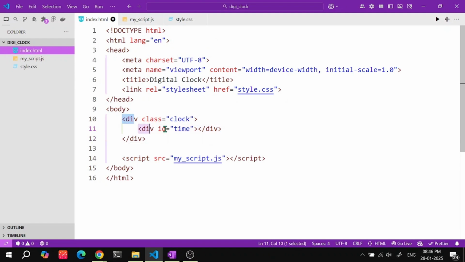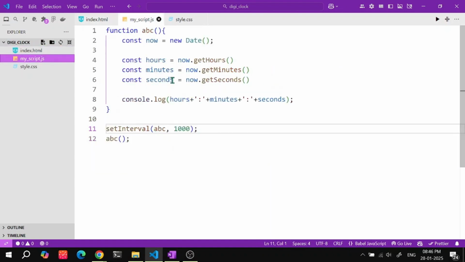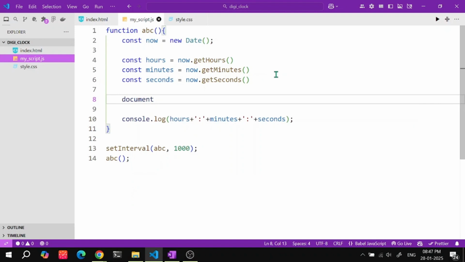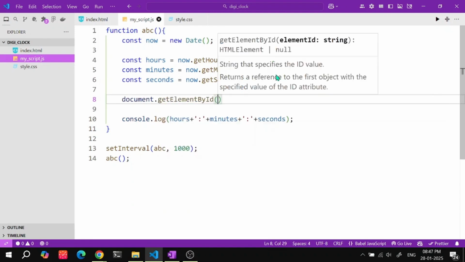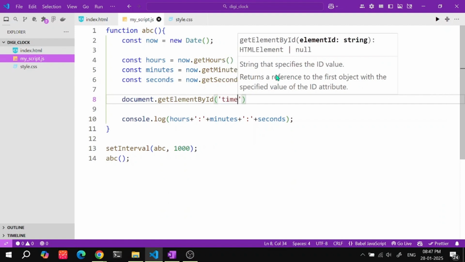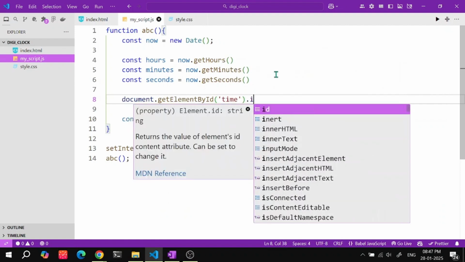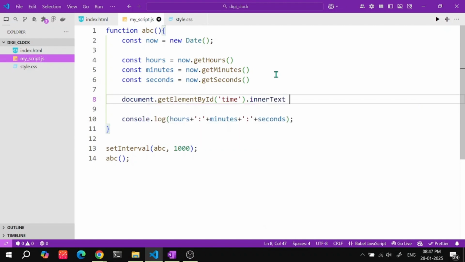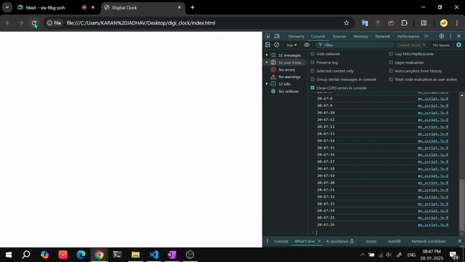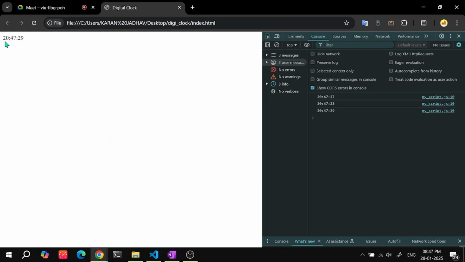division. Okay, for that what we can do is, you need to get this particular element. For getting this element, I have already told you, we will be using a function called getElementById. You can write it here only, document.getElementById, and write the id name, and that is time here. Okay, .innerText you can use if you want, is equal to whatever you have got here, just pass it. If you refresh, you can see here,